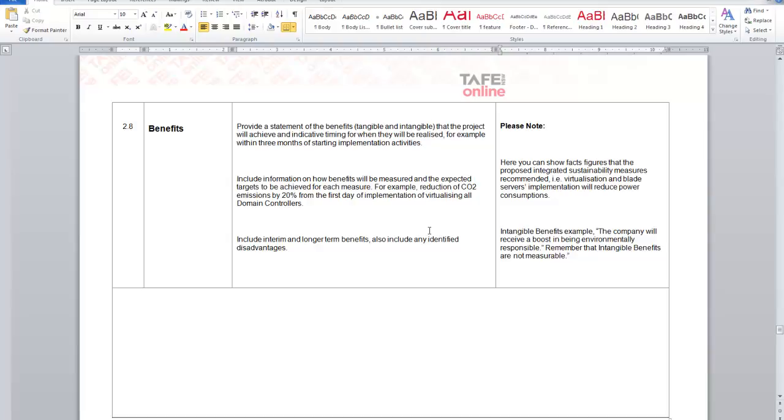All right. While intangible benefits cannot be measured, like, it's going to push our corporation to the leading edge of technology. That is fine, but what benefit do I get? I can't measure that, right? So include the information on how benefits will be measured and the expected targets to be achieved for each measure. For example, reduction of CO2 emissions by 20%. Include interim and longer term benefits, also